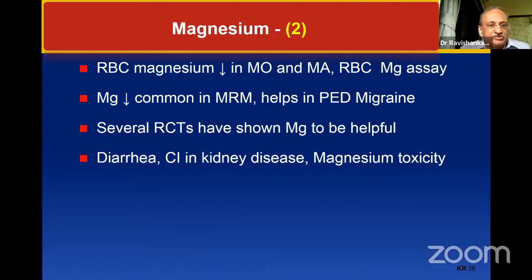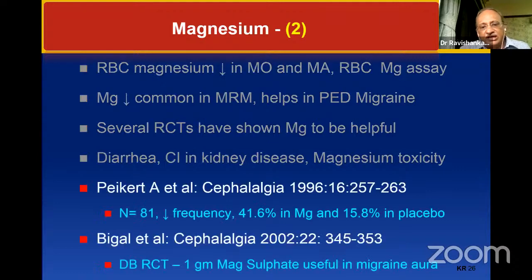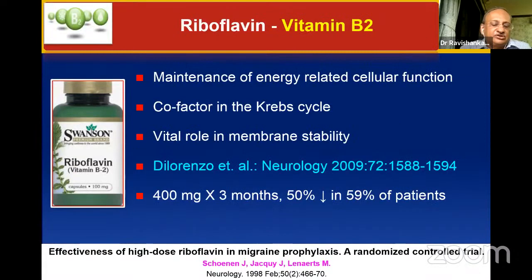It helps in children with migraine. And the only side effect when you exceed the required dose is diarrhea. It's contraindicated in kidney disease. And these studies have been reported in Cephalalgia. And you find that there is a significant reduction in chronic migraine also when magnesium was used along with the other drugs. Riboflavin in a dose of 400 milligrams over a long period produces a significant reduction, and it works